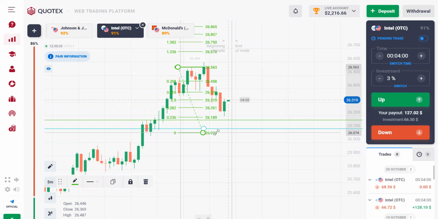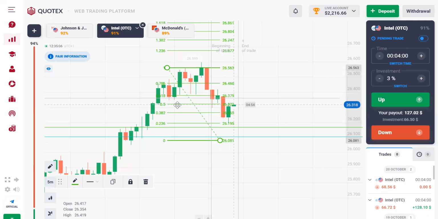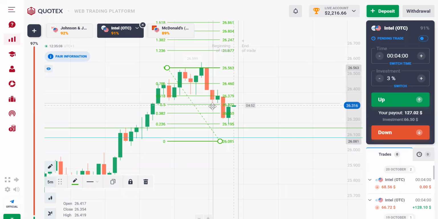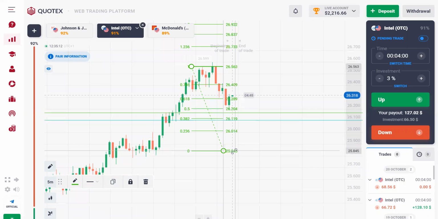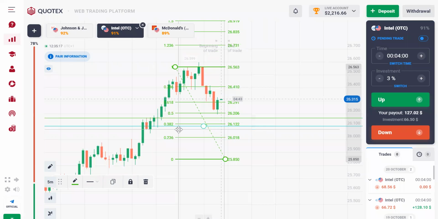So this area, this is the 50% for this small range. But I think I use this bigger one to know the 50%. Oh, that's why this market reversed. Now you can see this is the 50% line. Can you see 0.5? Are you seeing the 0.5? That's the 50%. Yes. So now we can see it.